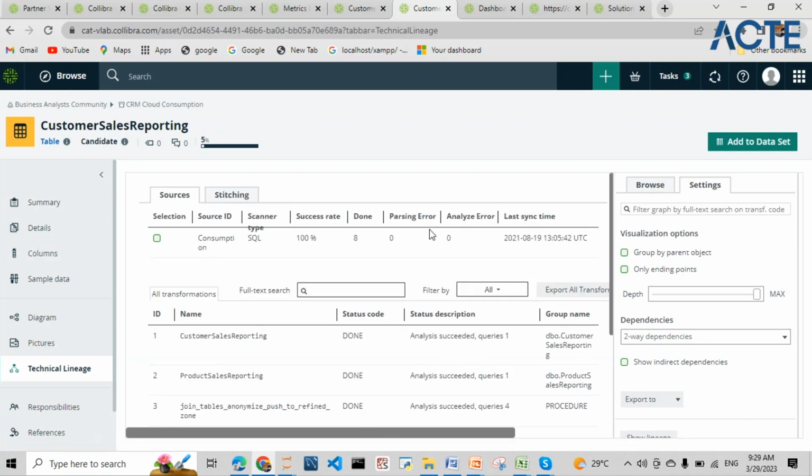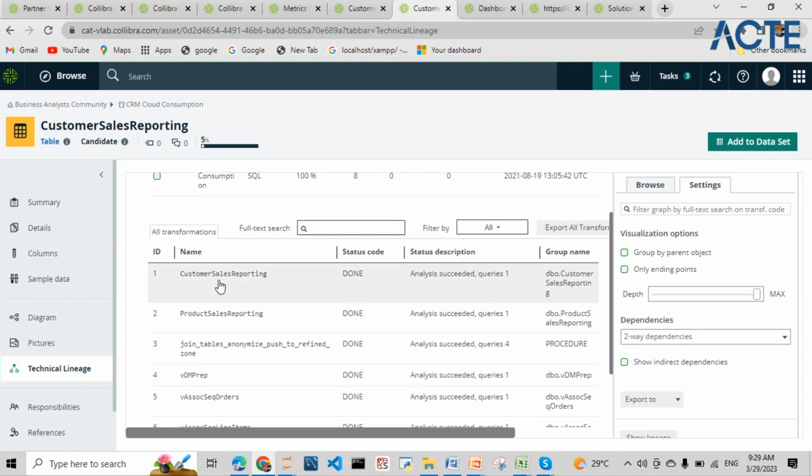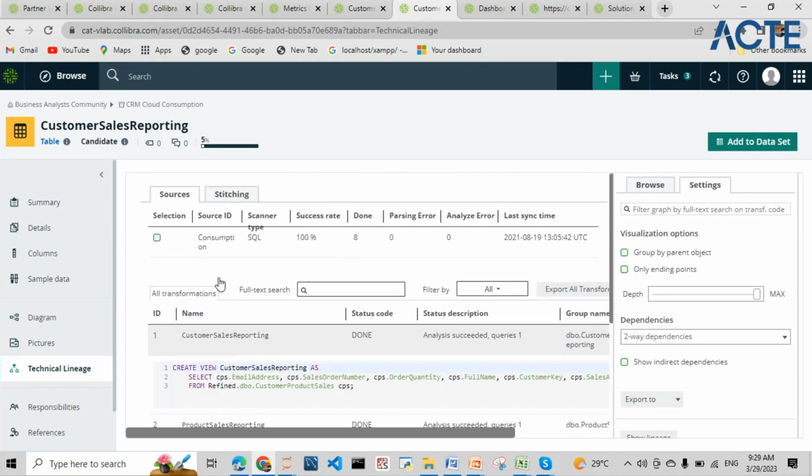So I have triggered the lineage harvester, and here is the last sync time, and I have the source ID in my configuration file. I can give an ID for uniquely identifying my sync. So if I have 10 schemas, I can give a unique ID for each schema, so that I can debug which schema has a parsing error and analysis error. This is the ID we are giving for our understanding in the config file. It will be showing in here, and this customer sales reporting table is harvested,